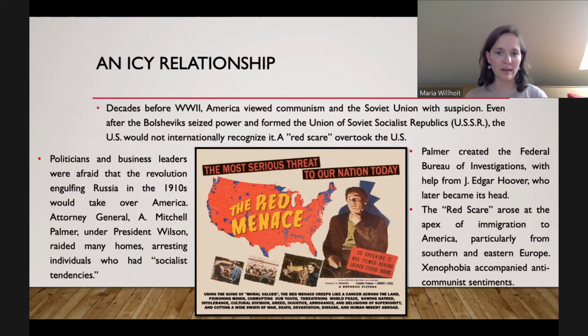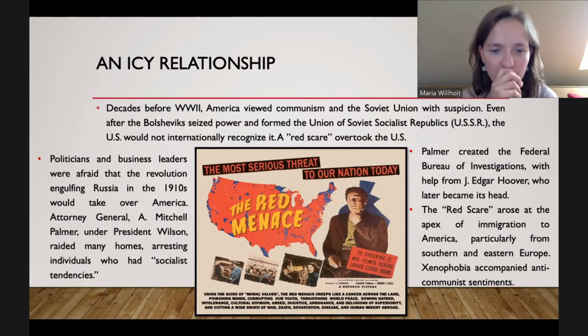that we know it today. And this is just a poster. I didn't caption this. I'm sorry, guys. This is a poster of a movie that came out. It was called The Red Menace. It was a very successful movie that came out. Oh, I should have put the year. I'm very sorry. It's sometime in the 1920s, I believe. But it's a great caption. It's a great image of just how people were afraid.